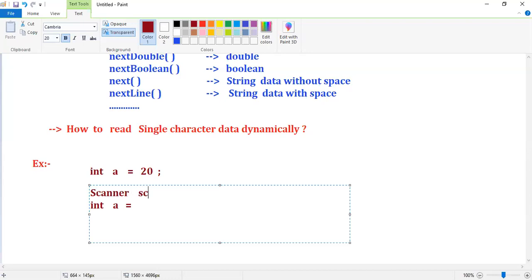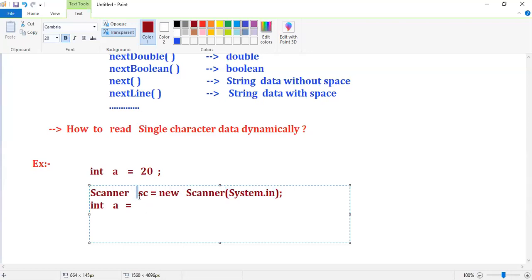Scanner, you can take any name, your choice: Scanner sc = new Scanner(System.in), as we discussed in the previous session. System.in is called the keyboard.